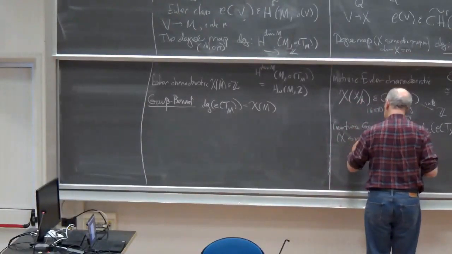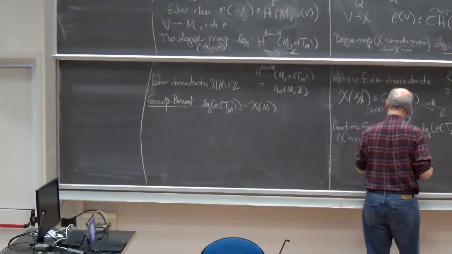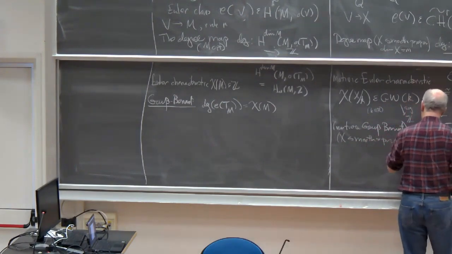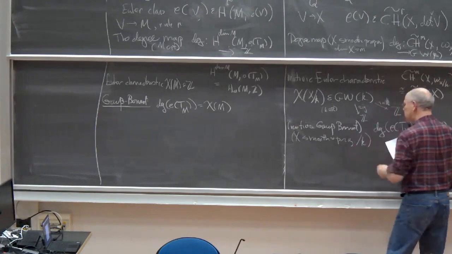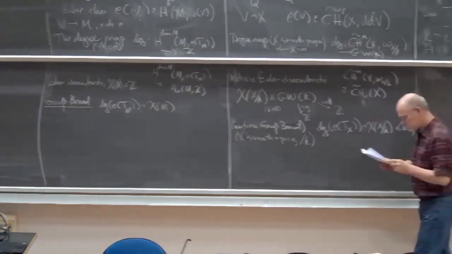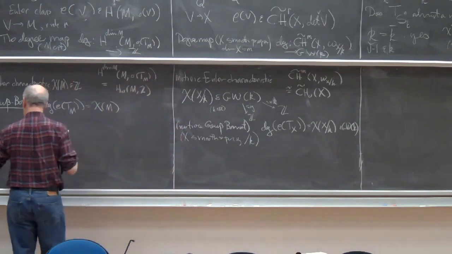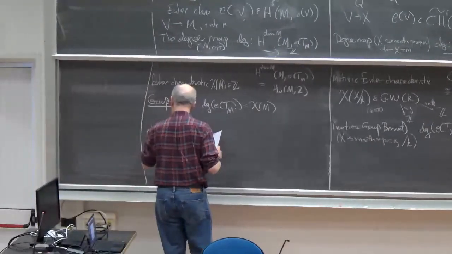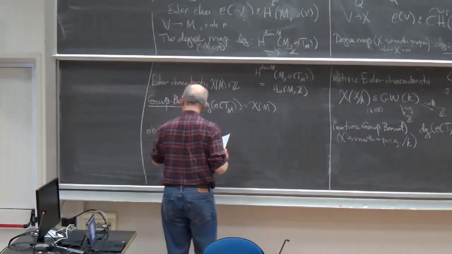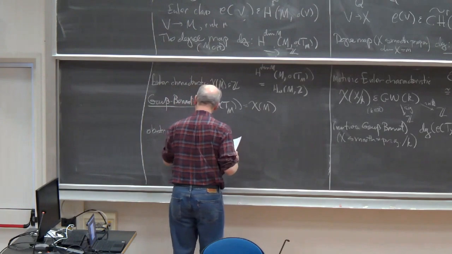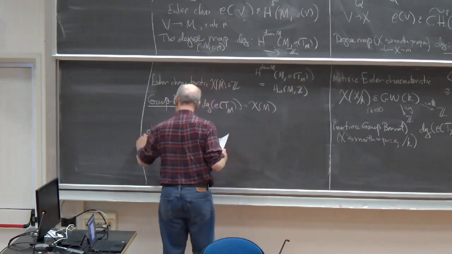This is for X smooth and projective over k, so defined by homogeneous equations in a projective space. That's projective. Okay, and finally, we have a theorem which comes from obstruction theory. I'll just call it the obstruction theorem. Obstruction theory, which says that